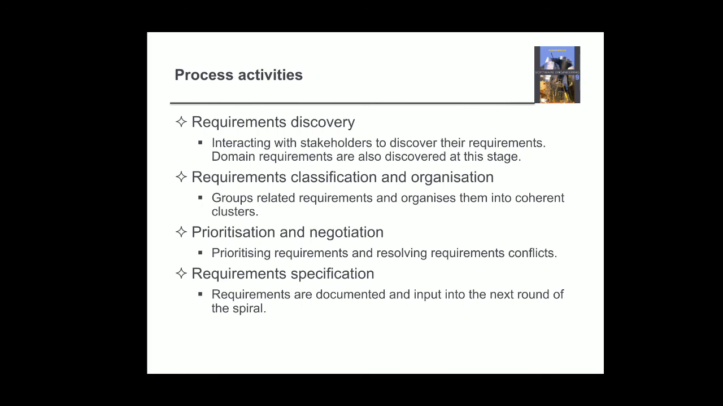And at the last, we have requirements specification, right? Requirements specification is nothing but requirements are documented and input into the next round of the spiral model. What's going to happen is, once you are done with the first stage, we will be developing one document, and that document is taken as an input for the next stage. And once we are done with all these things, then whatever the last thing that we're going to have is we will be having a